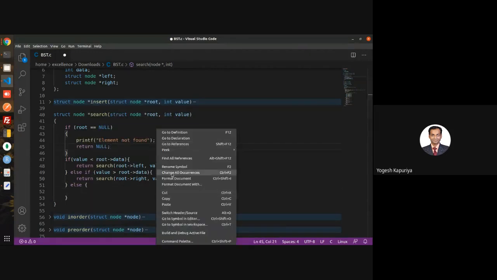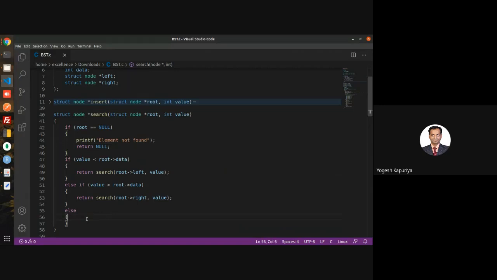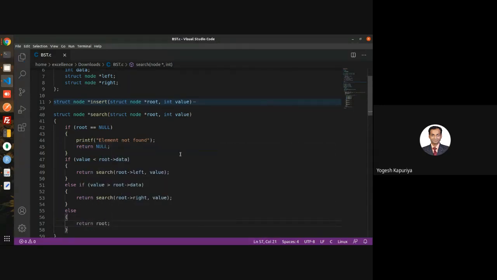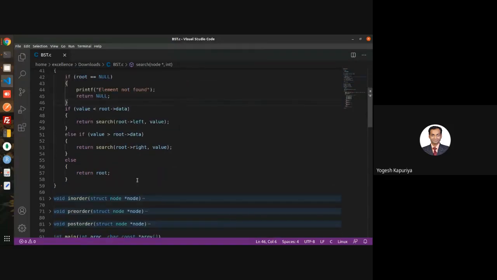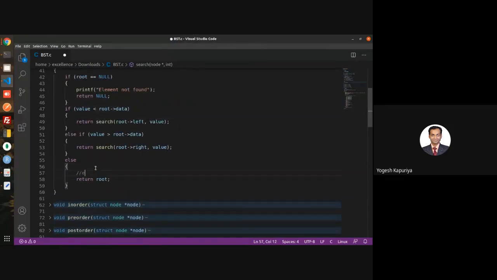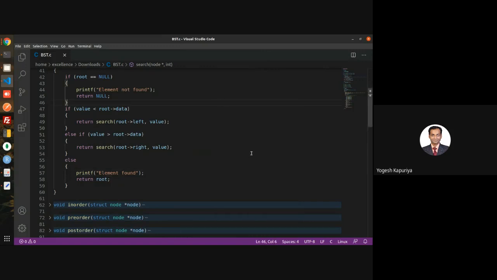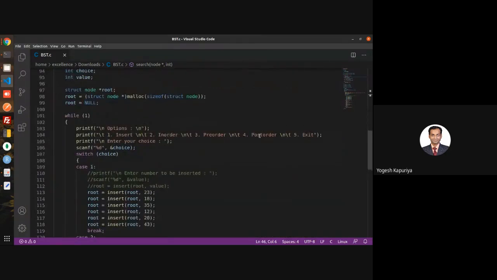But if it is not greater than and it is not less than, that means it's equal. That means you have found the value at that particular node only. So this is the case of element found. I hope this is clear. So let's write one more option for search.